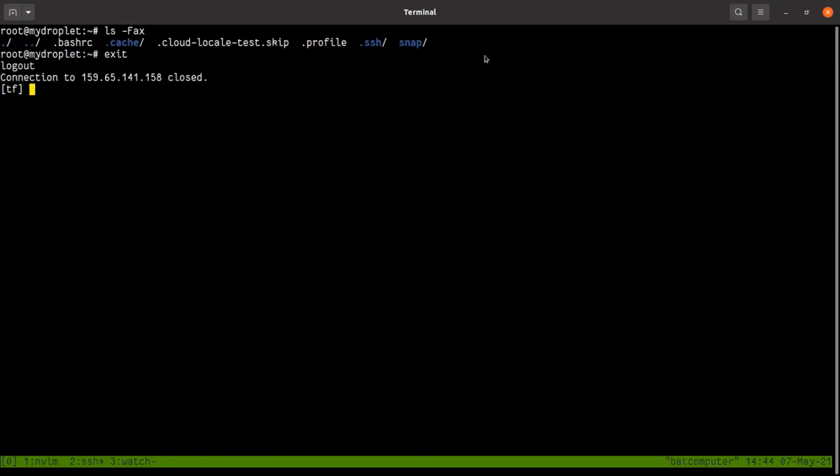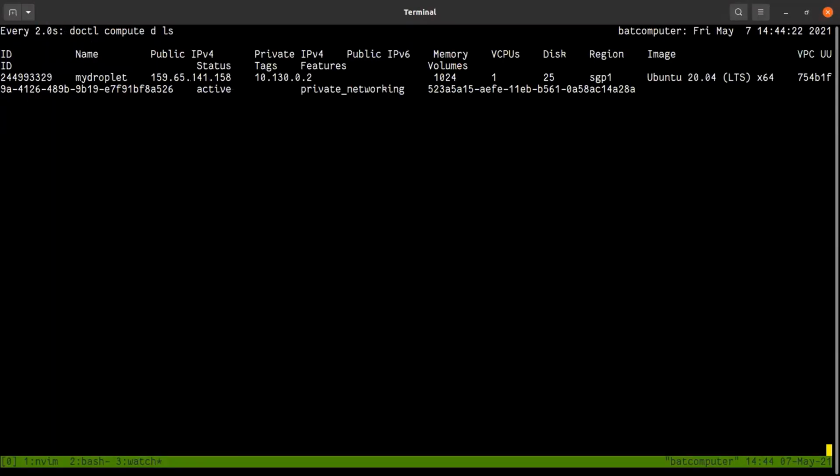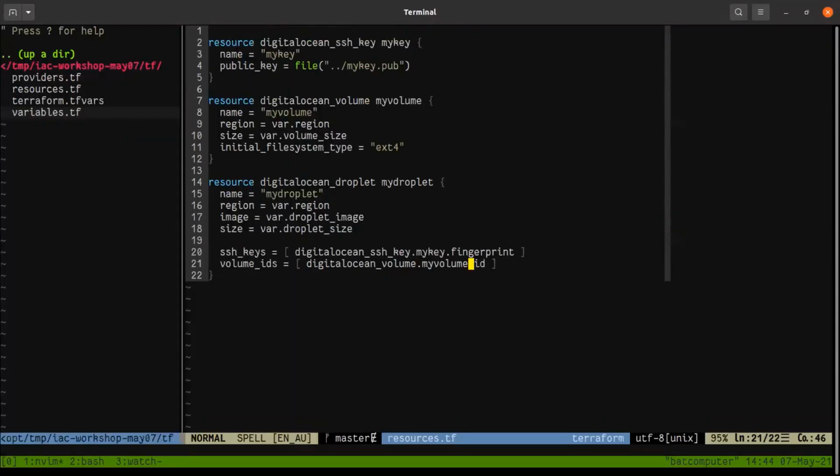Okay, right? So let me show you a few tricks. Instead of coming here to get the IP address, what you can do in Terraform is you can go output. Give it a name. So what is it after you provision? What is it that you want to display? I can say my droplet IP address. Okay, and the value. So what is the value? The value that I want is the IP address of this guy, right?